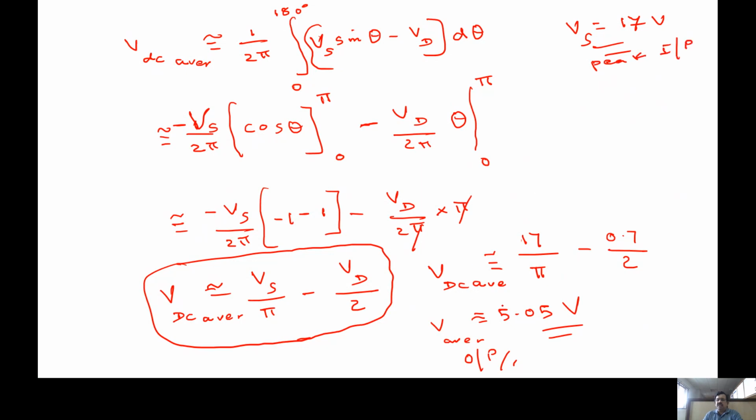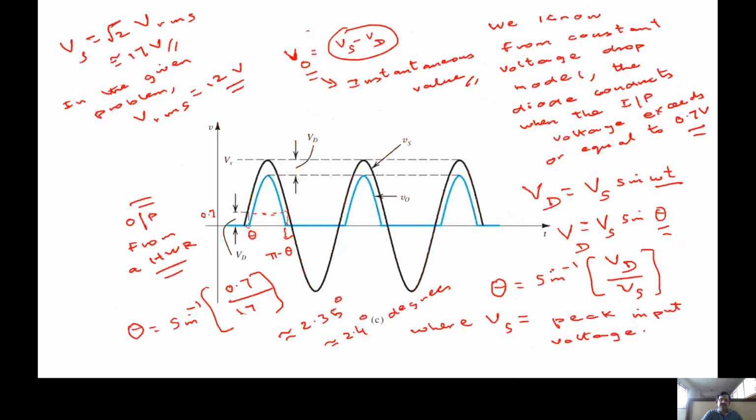Against that, for the 100 with 100, we get only 5.05 for that. So you have to think through that. We are able to get nearly only 1/3, not even 1/3 in fact, because even that is less than 1/3, nearly 1/3 only as the output for the given input voltage.